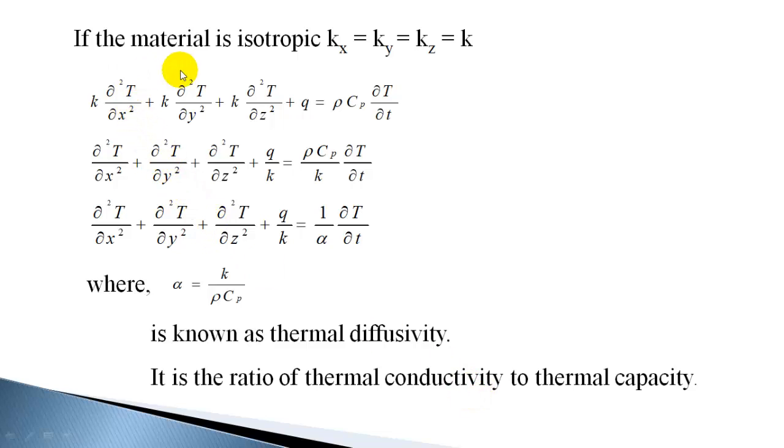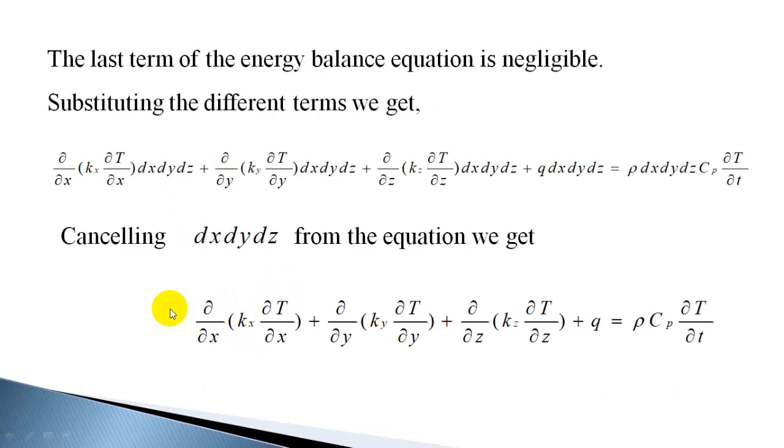Now, if you assume that thermal conductivity is constant, for an isotropic material the thermal conductivity will not change with respect to directions, and you can take all the three values kx, ky, kz as k. So, assuming that thermal conductivity is constant, it is not changing. Generally the variation is very small, so it can be taken as a constant. If you take it constant, you can take k outside and you get k del square T by del x square, k del square T by del y square and k del square T by del z square.